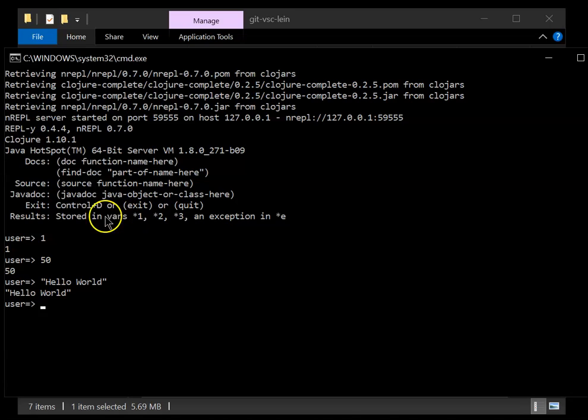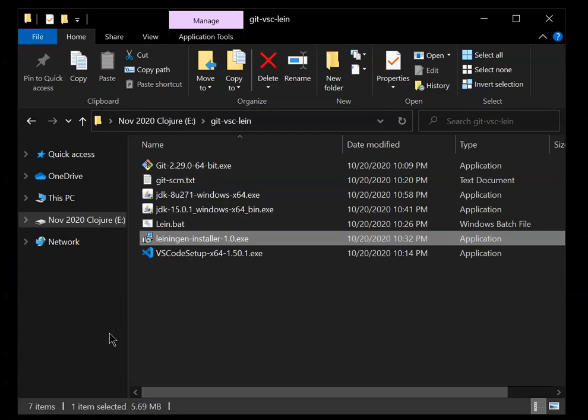Control D will let you out of it. Control D or exit or quit. So let's just do a Control D out. Bye for now. And we've done it. We've installed Clojure from a memory stick in 7 minutes, including taking the video. So it's not like a Minecraft run where you get it done in 5 minutes, but we're installed and working. So now what do I do? Well,